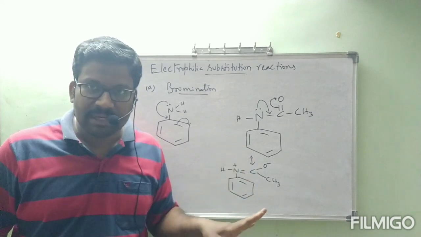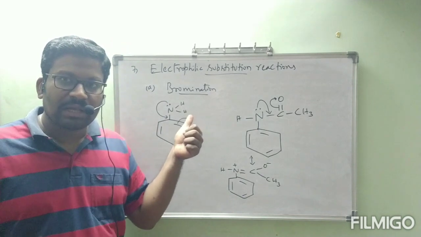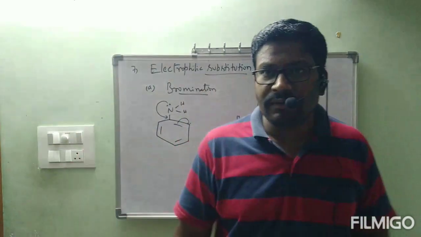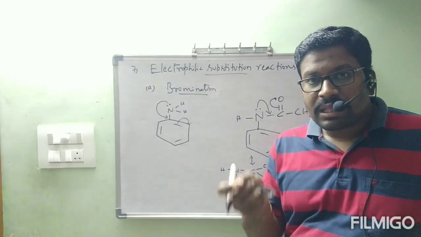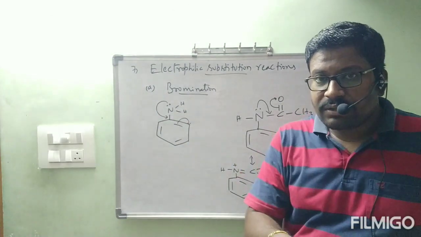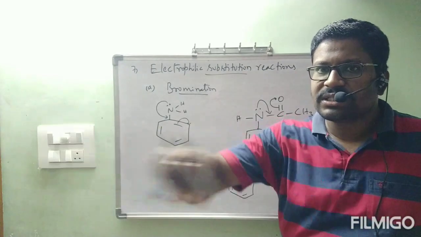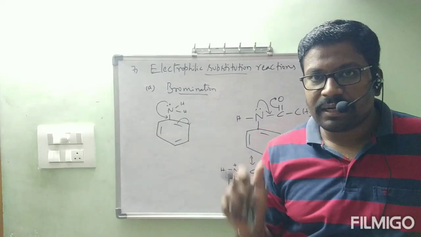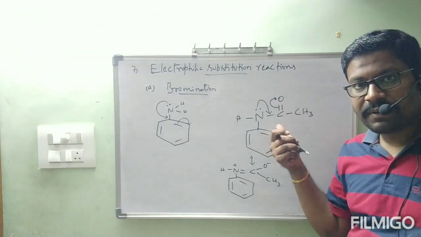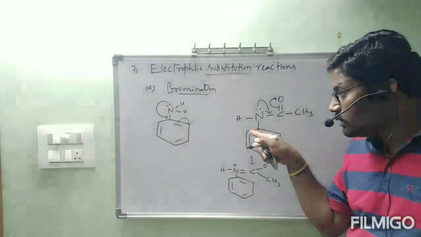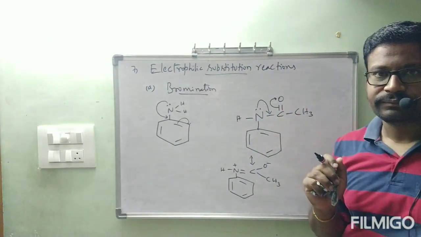For that I am giving this explanation. Okay, why is it acting like that? Without that COCH3, if you take aniline, nitrogen contains a lone pair. That lone pair is entirely donated into the benzene ring resonance structures only. So every time it will show those 5 resonance structures which involve the benzene ring only. But if, instead of that hydrogen, you have a COCH3 group, what is happening? Along with that lone pair being donated into the benzene ring, it is involved into the COCH3 group also.